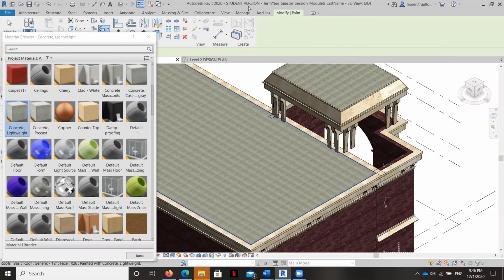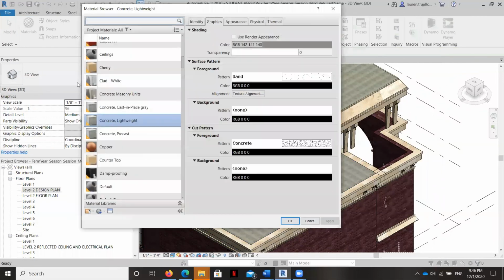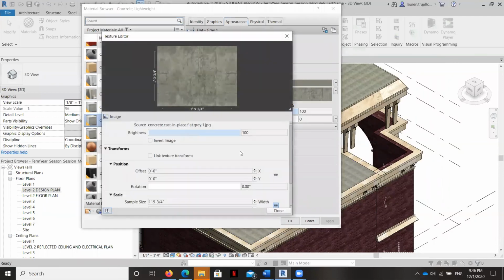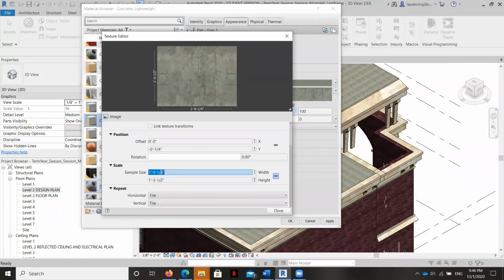Okay. I am going to go ahead and just take a look at this concrete pattern in the materials library because it's driving me a little nuts that it's tiling. That's a pet peeve of mine. I'm going to adjust the sample size so that at least if it's going to tile, it's not going to be quite that bad.